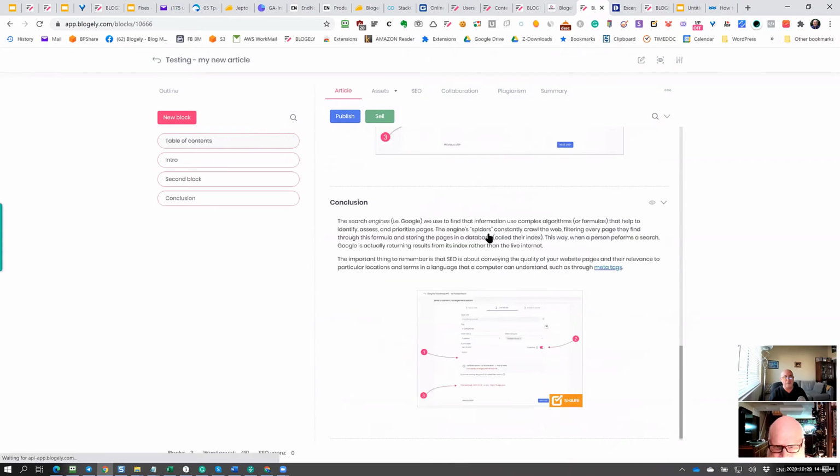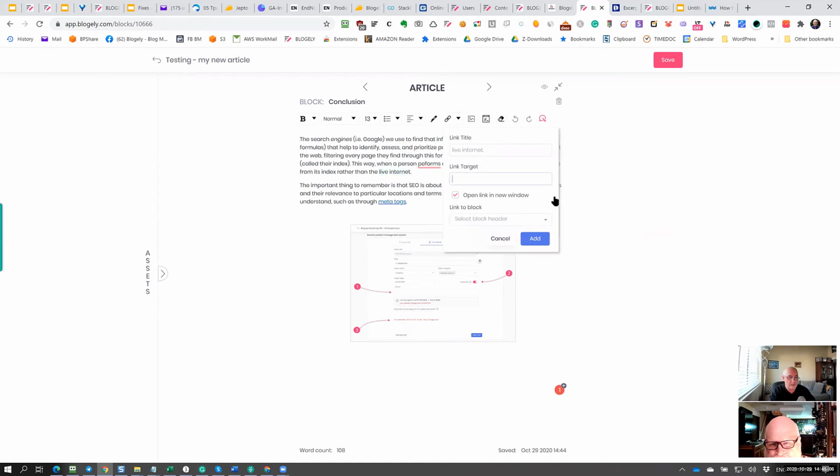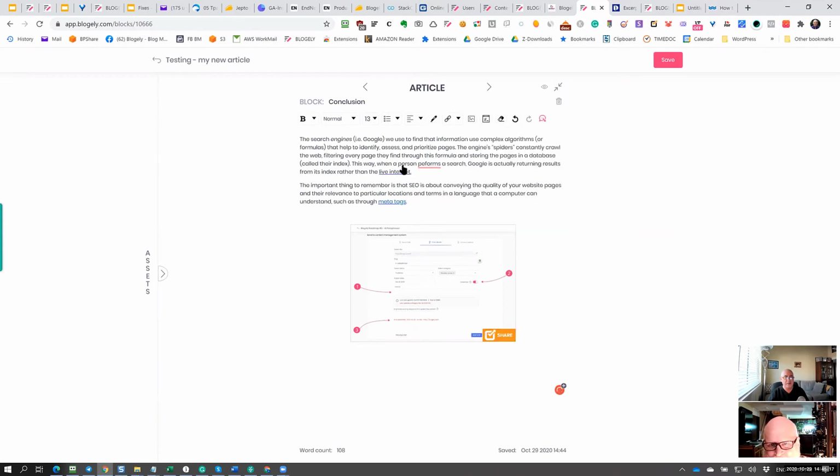One more thing left: I need to use the external and internal linking. For that there is an option right here. Even though you can see the link is right here, it came with the text that I copied, right? But let me do the actual one. Let's say I highlight this one, it says live internet. I want to set the link, and let's say I want to set my internal link, so I can do HTTPS, and I put in blogly.com. And by the way, you can go and copy this. Let me just add this one in. You can see the link is there now. So this link will exist there, and also I can do